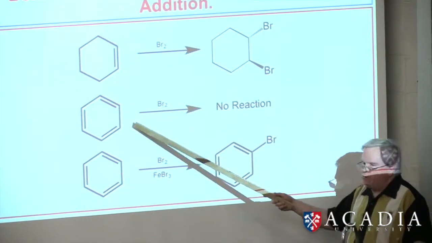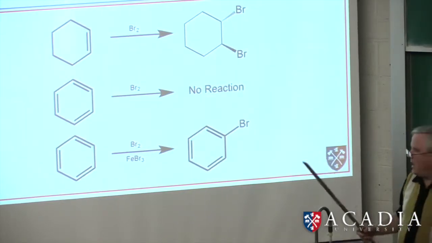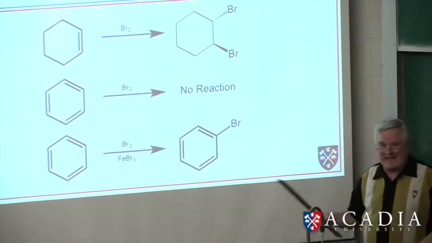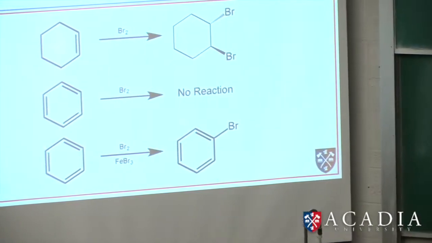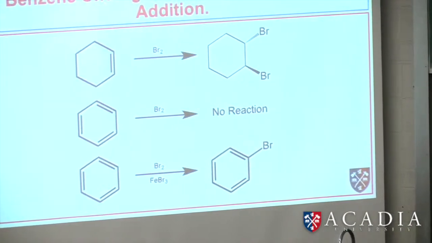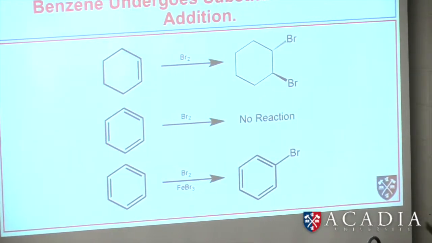If we just put bromine in with benzene under these exact same conditions, we get no reaction. But if we throw in this Lewis acid catalyst, we do get a reaction. We still have to heat it. It's not a reaction that goes really quickly. It goes quickly enough that we can do this in the lab in a convenient amount of time. But